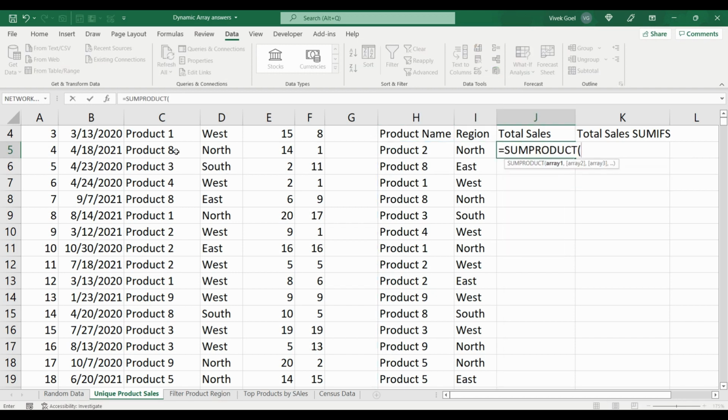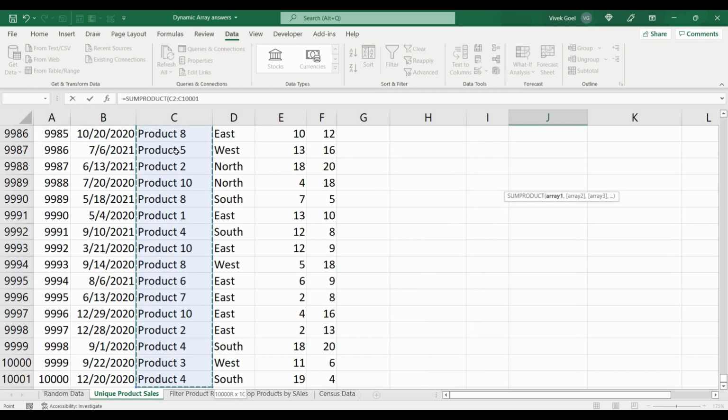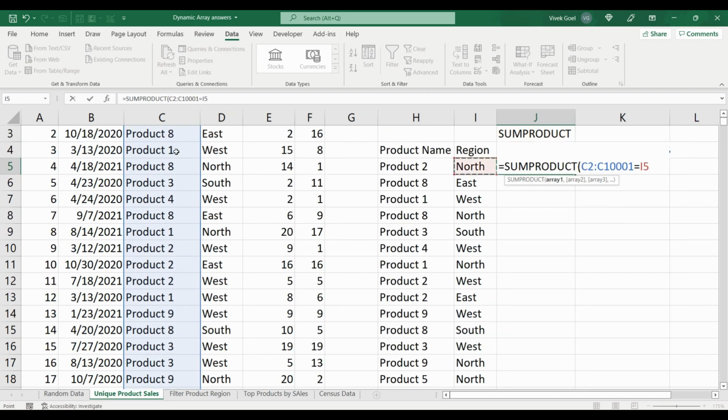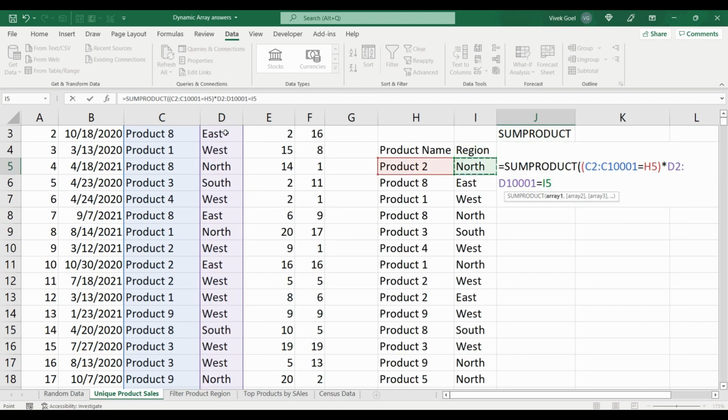For the first parameter, we are going to compare our product with our product column, and we need to make sure that this comparison is separated in brackets. So let's apply the brackets. Now we need to make sure that our region is filtered correctly. So we are going to select the region column and we will compare it against the value of this cell, and we will enclose this condition also in brackets.